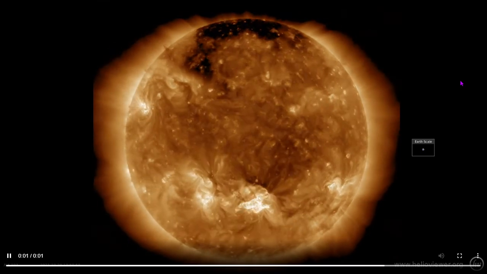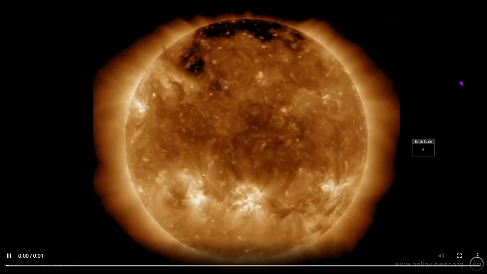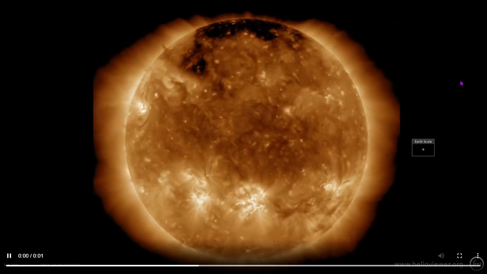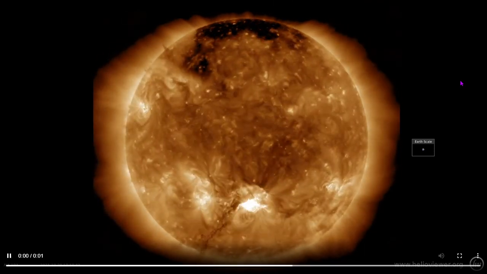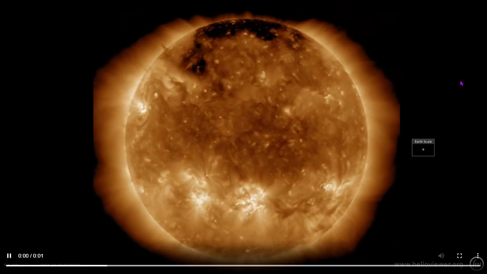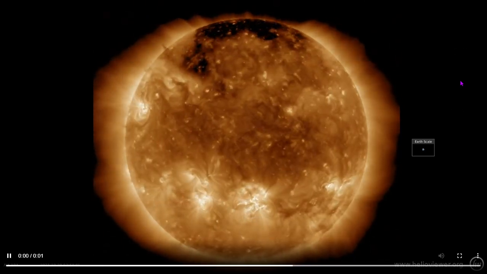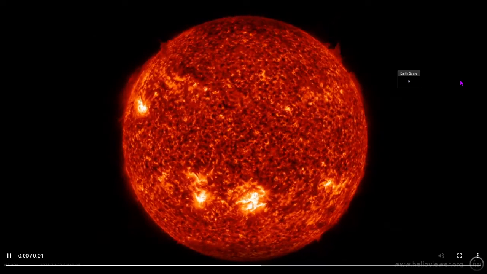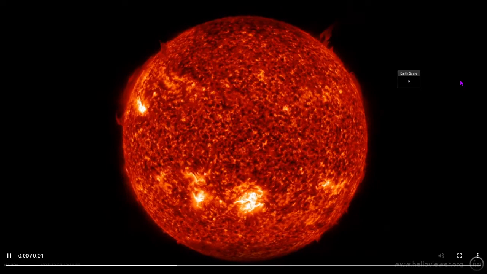I think 193 angstroms might actually be the best to show the waveform propagating across the surface of the sun. And once again, shout out to Robitaille. Check out those coronal holes there. Not a lot of 193 angstrom iron emissions up there. Here's ionized helium. And this is going to be the best to show you the filament that comes blasting out